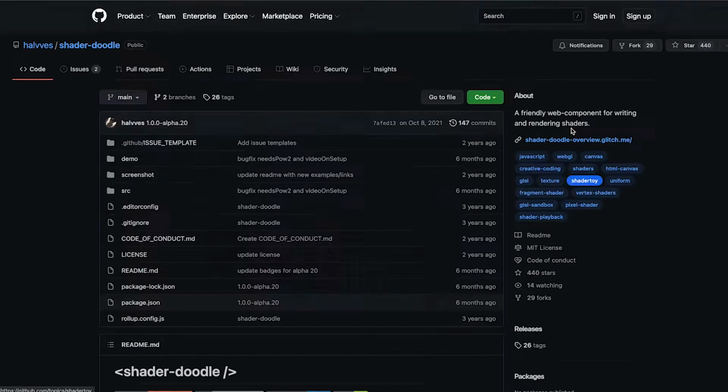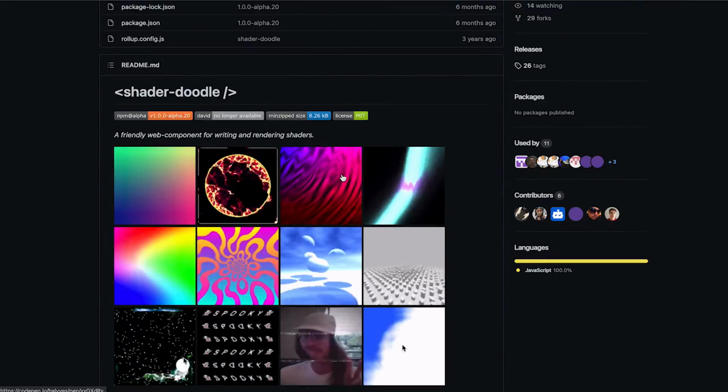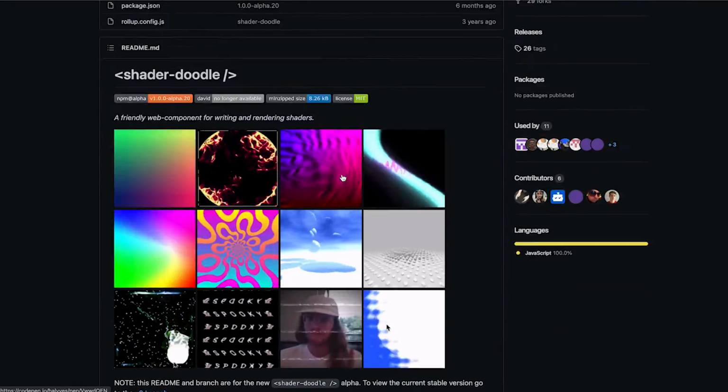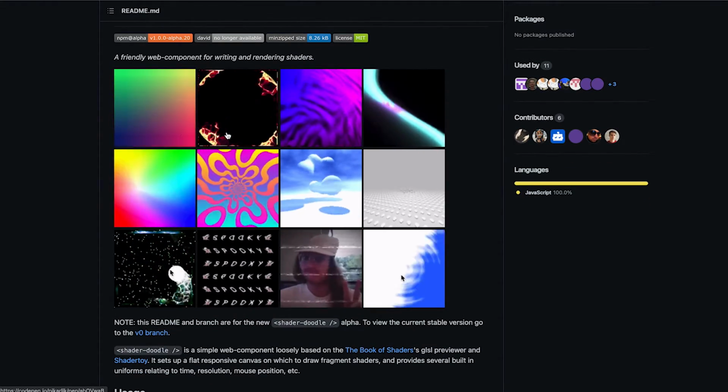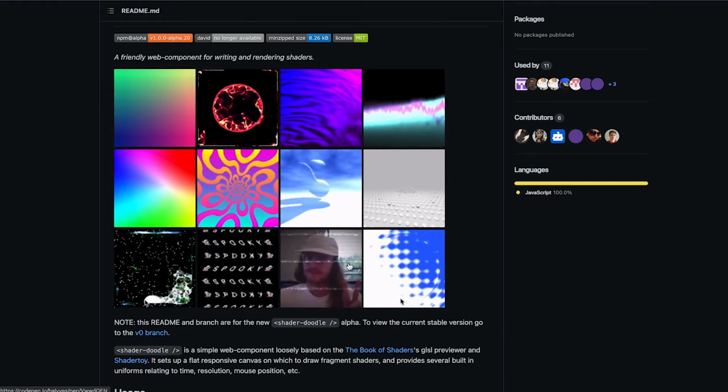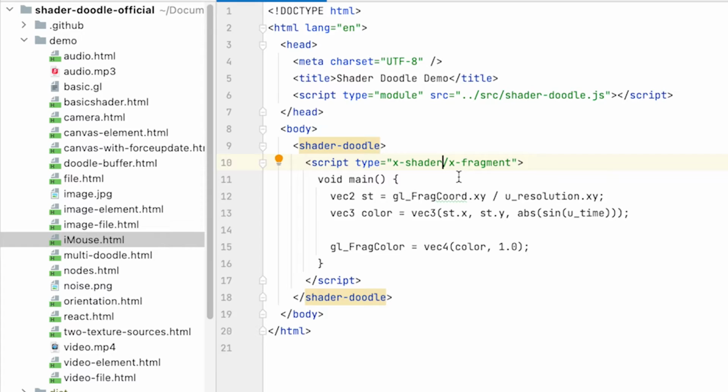Now, this is where Shader Doodle comes in. So here's the Shader Doodle GitHub page. There's a lot of cool examples. It's a lot like Shader Toy if you look at some of the examples. There's some cool looking stuff here. Now, the key difference for Shader Doodle here is I can pull this repo down to my local desktop and